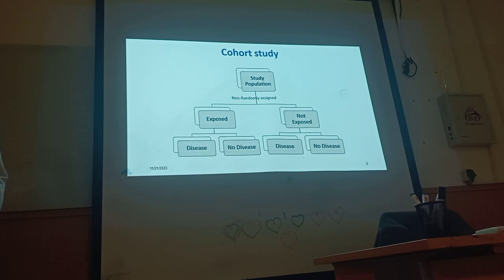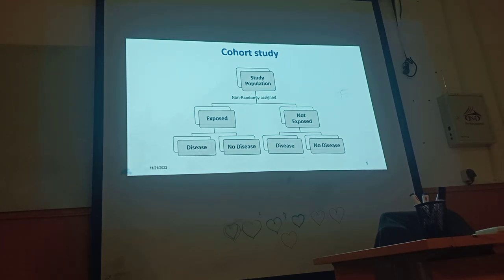here. So we just follow those who are exposed in a specific population and those who are not exposed. Which means those, for example, who smoke and those who don't smoke. We cannot recommend one group to smoke and another group not to smoke. So we follow both groups to see if the disease occurs in the exposed group more than